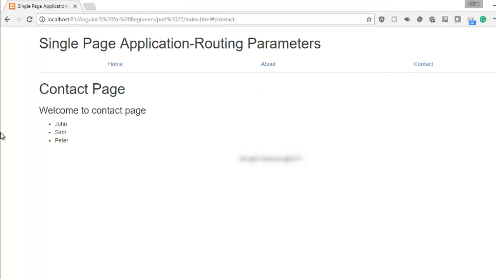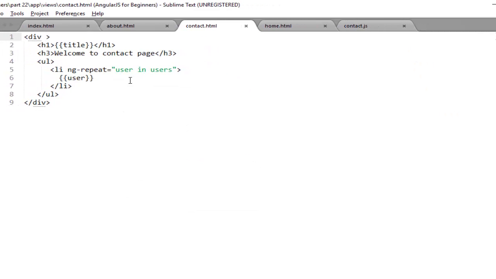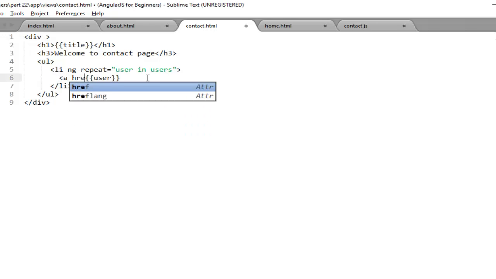Now what I want is that when I click on any of the users, I want to retrieve the name of the user on another page, maybe a profile page. First of all I will make this name a link. We already know how to make a link: you can wrap this user in an anchor tag.